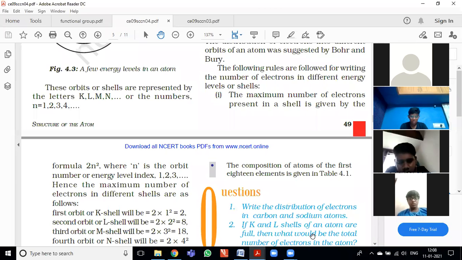Mainly read chemistry chapters 2, 3, and 4, very important chapters. Read them very carefully, very well. In physics also, force and laws of motion, gravitation, and work and energy are very important. Read all the definitions. Define joule, define 1 volt. Like that there will be questions, small questions and 1 more questions. Read that also. Okay, ma.